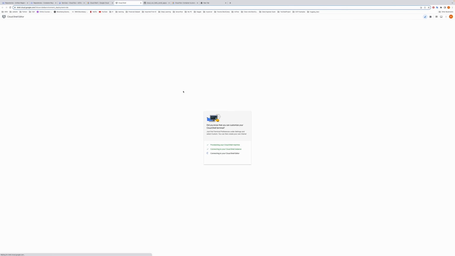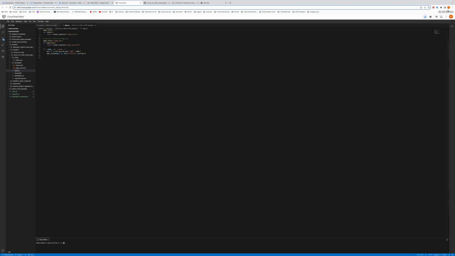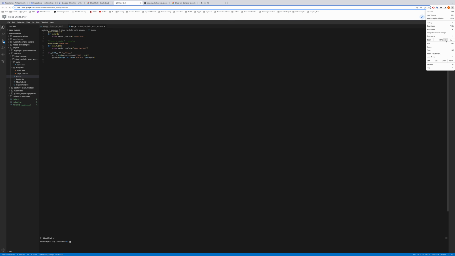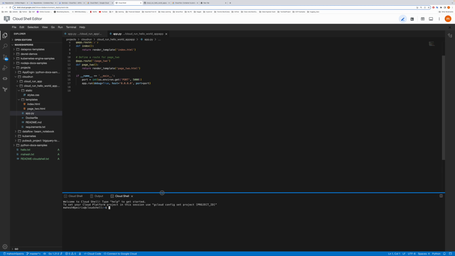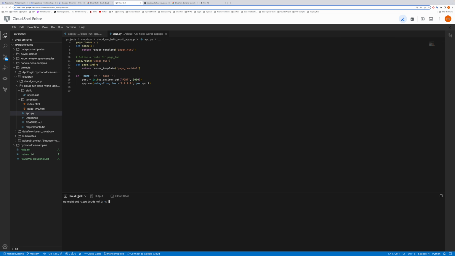It will take a couple of minutes sometimes if you are launching it the first time. For me it will be very fast because I have been using this for a while now. The good thing about this is that you will get the whole file format and open structure, very similar to VS Code, and you can set up the terminal from here as well. This will have access to your normal cloud project, so you can directly select from here the project you want to run. Otherwise, you can just type the command suggested here,